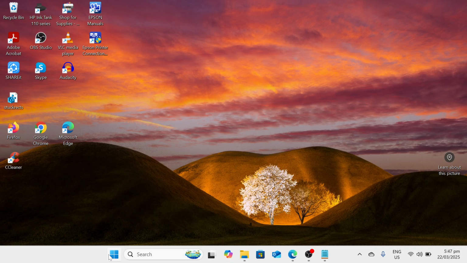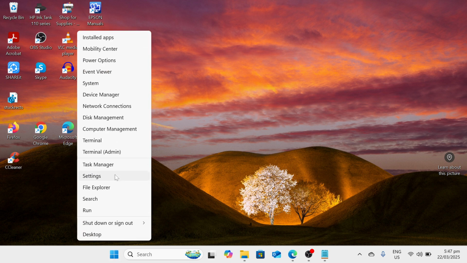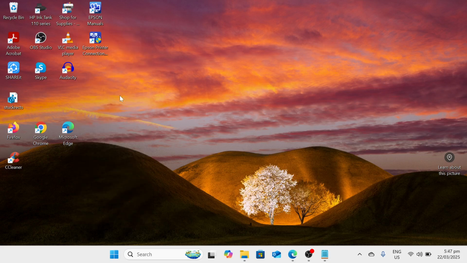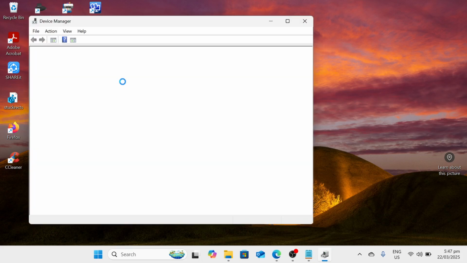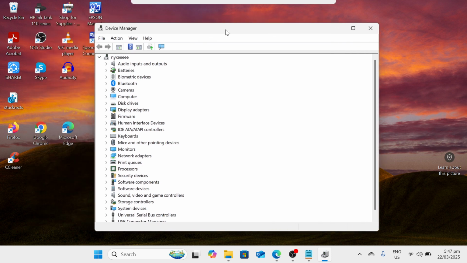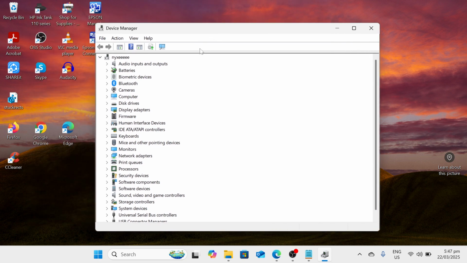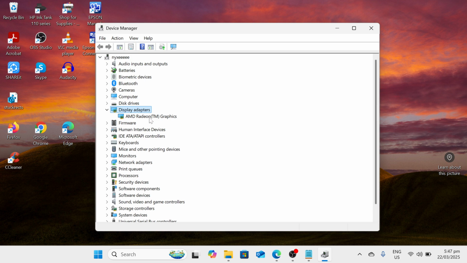Here on our Windows icon, please make a right click on it and then let us go to Device Manager. And let's wait for this window to come up on our screen. And from here, we need to click on Display Adapters. Now click this arrow here and you will see the graphics card that your device has. And once you select this one, please make a right click on it and then let us